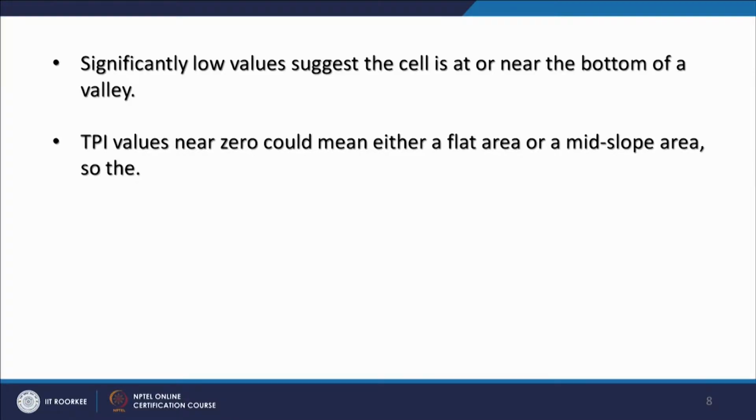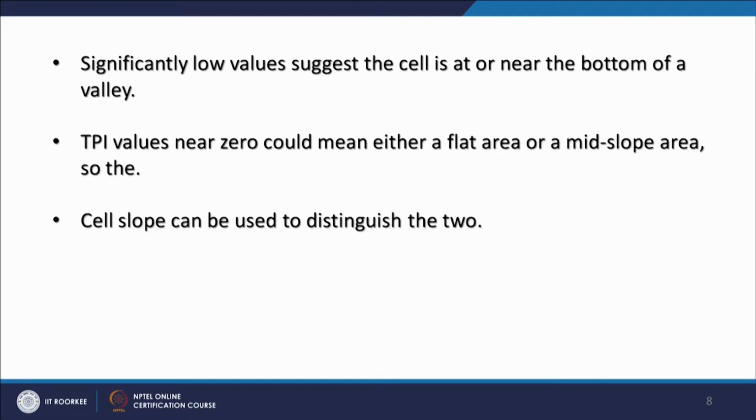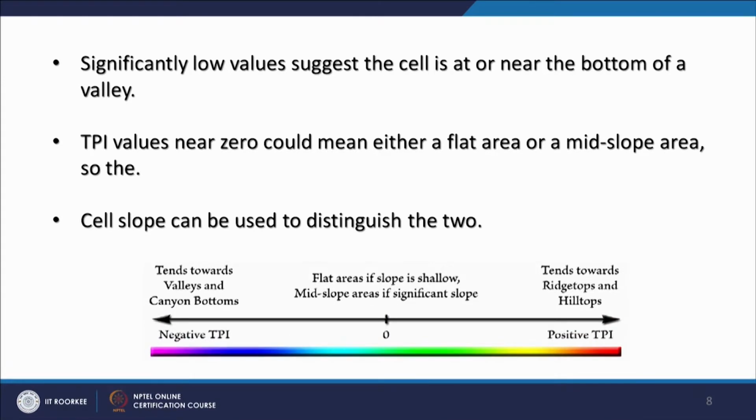And TPI values near zero could mean either a flat area or mid slope areas are present there. And cell slopes can be used to distinguish the two, whether it is flat or not. Here is the example where we have zero values in the center. So the flat areas, if the slope is shallow, or mid slope areas if significant slopes are there. Then if we go towards the positive, it trends towards ridge tops and hilltops,